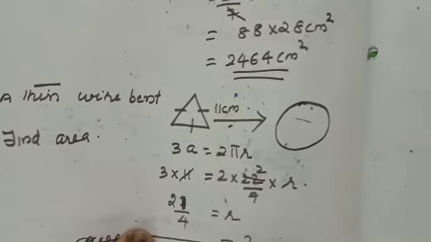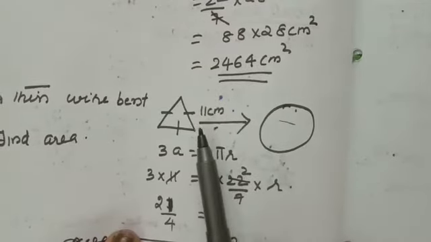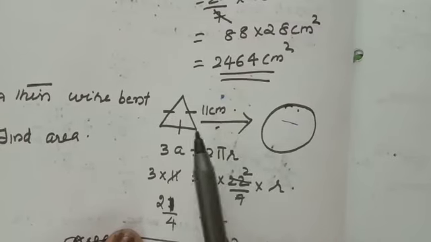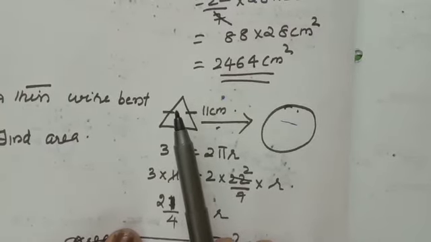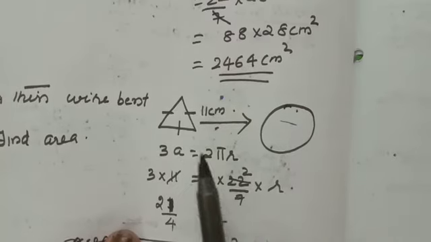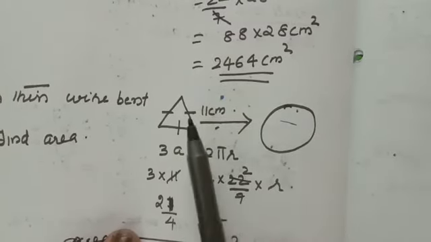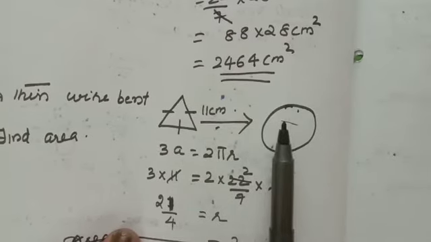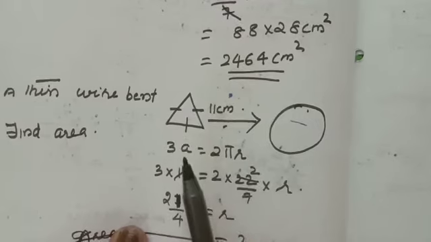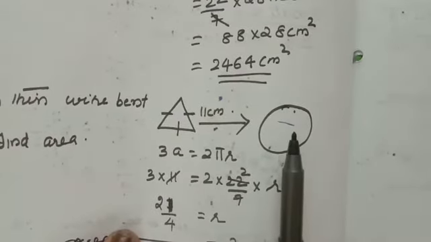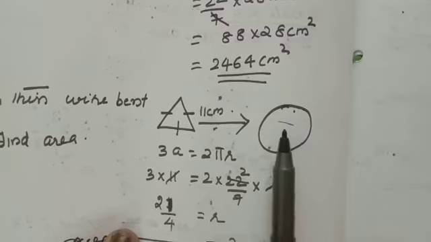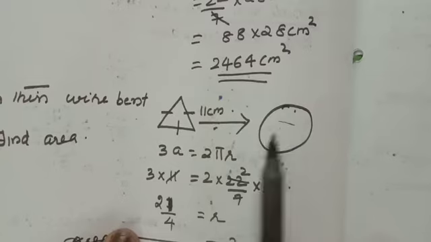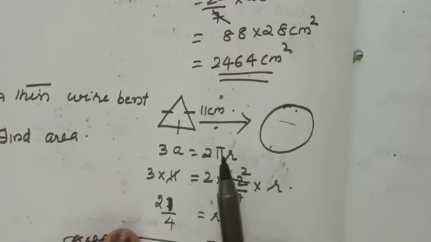Okay. Then what will be equal for both the figures? Their perimeter. Perimeter meaning the total length of the wire will be equal, because the same wire is used for making the equilateral triangle as well as the circle. So we will equate the perimeter of both the figures. Perimeter of equilateral triangle is 3a, and for the circle case we say circumference instead of perimeter. Circumference of the circle is 2 pi r. Both will be the same.